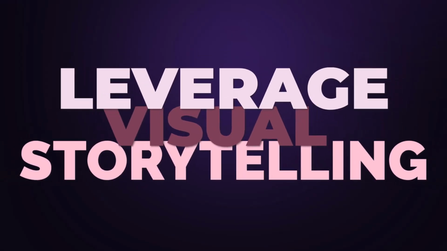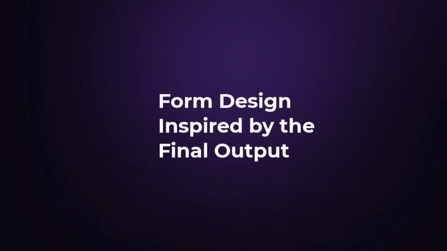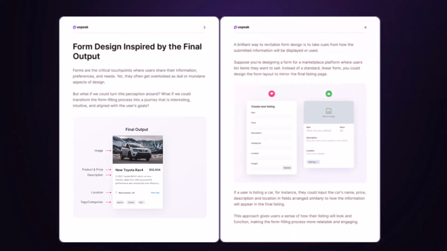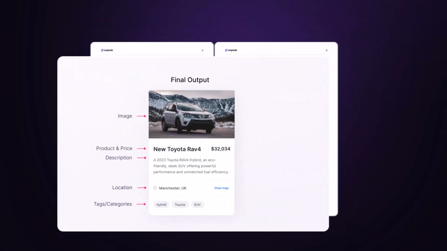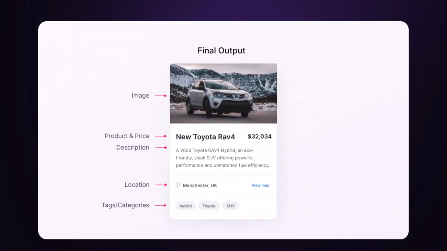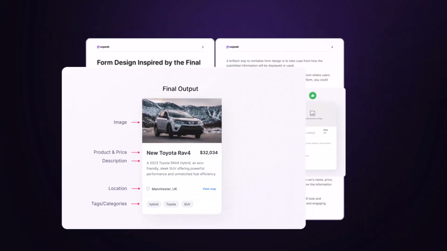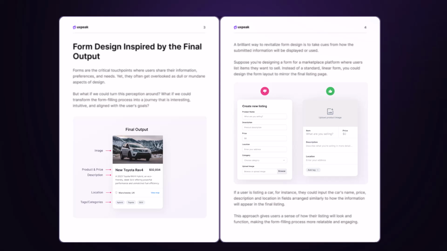Leverage visual storytelling. Form design inspired by the final output. Forms are the critical touchpoints where users share their information, preferences, and needs. Yet, they often get overlooked as dull or mundane aspects of design. But what if we could turn this perception around? What if we could transform the form-filling process into a journey that is interesting, intuitive, and aligned with the user's goals? A brilliant way to revitalize form design is to take cues from how the submitted information will be displayed